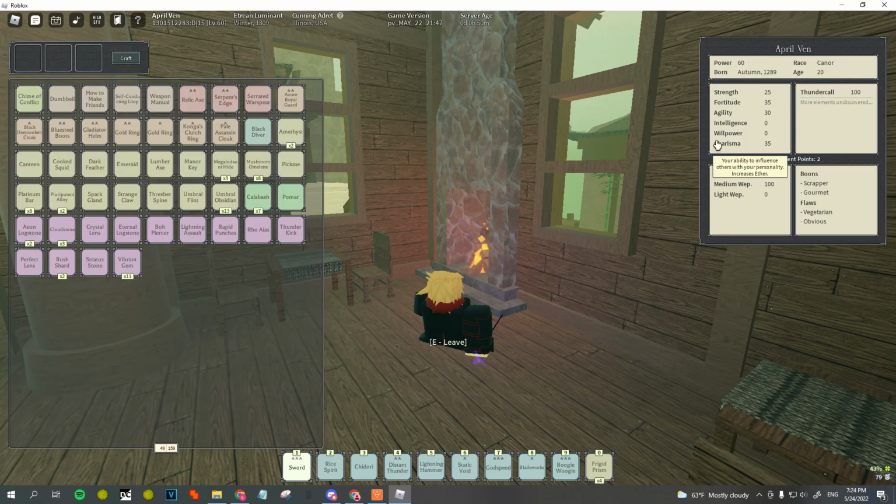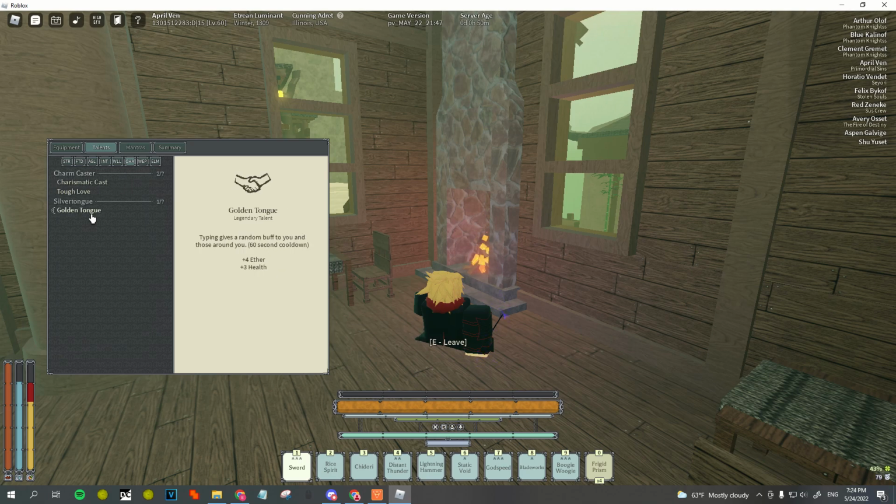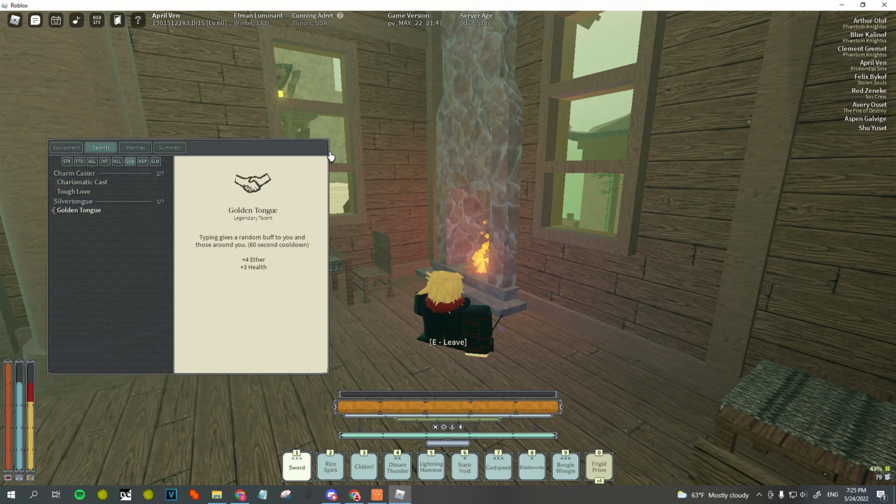Willpower. I would get willpower for Last Resort and Black Diver, but Lightning build doesn't need that. The only thing I'm missing here is Neuroplasticity and Dazing Finisher. Unfortunately, I did not get Dazing Finisher. I took Golden Tongue over it because